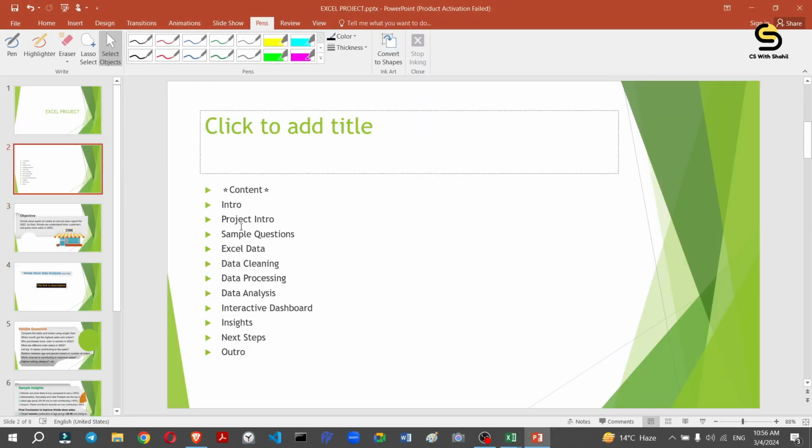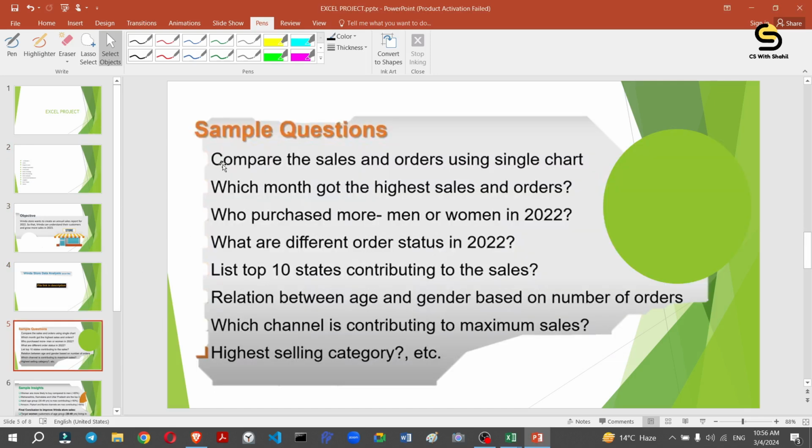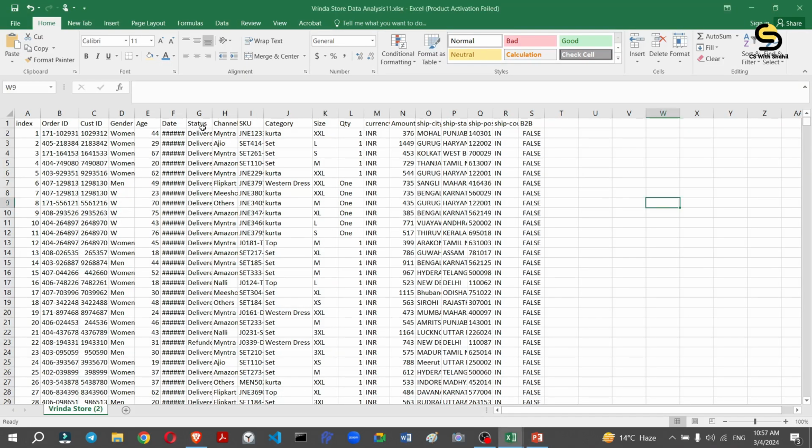You can follow the introduction, then the sample questions. These are the sample questions given by the company or the store. First, compare the sales and orders using a single chart, meaning you create one chart of sales and orders, and find which month got the highest sales and orders. Then analyze who purchased more, men or women, in 2022, meaning which gender prefers to purchase more, male or female. What are the different order statuses, meaning how many persons buy in